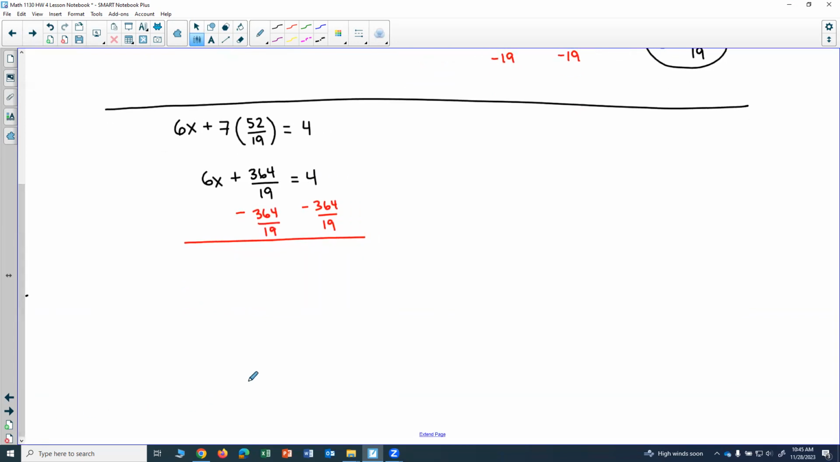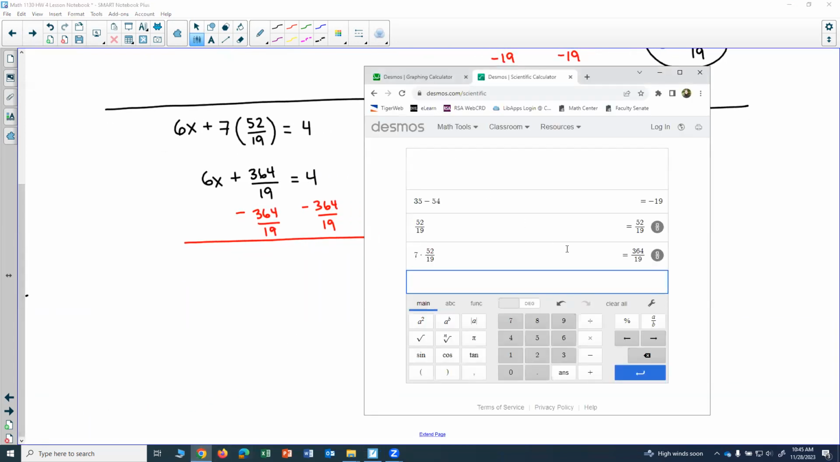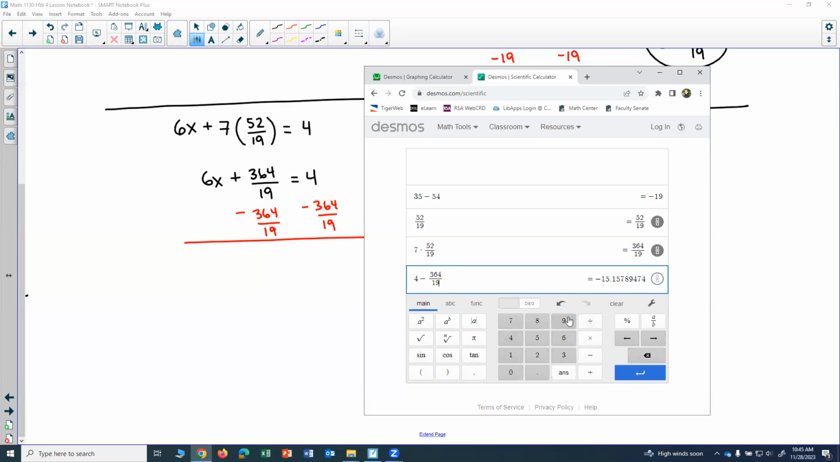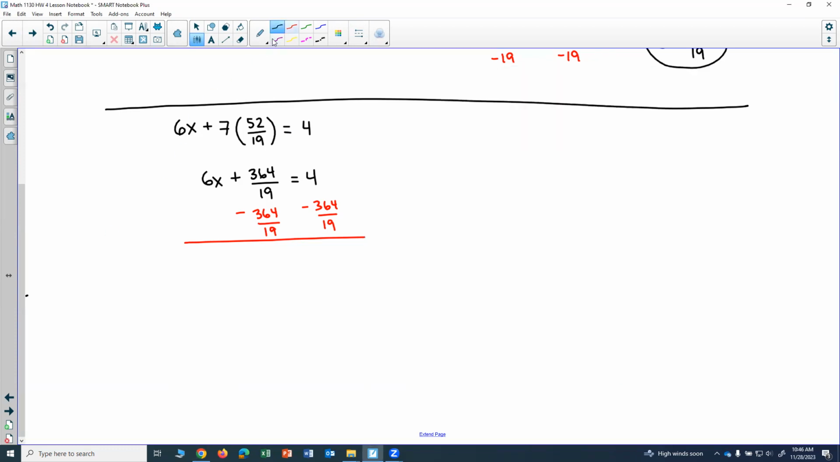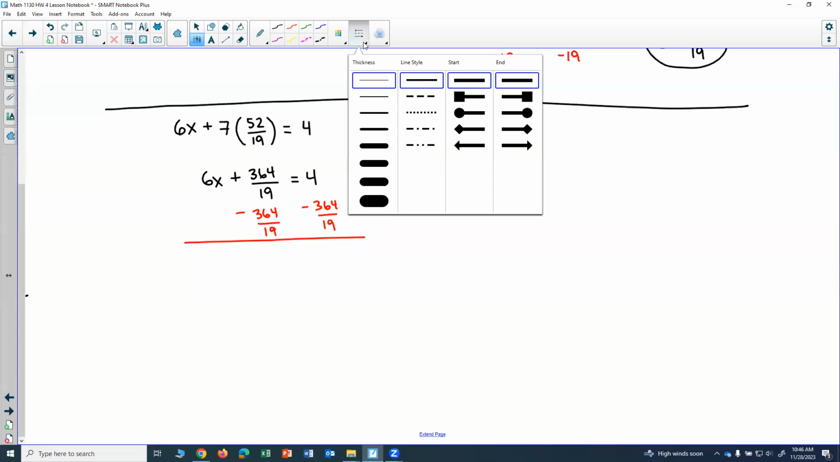All right, and let me go back to my calculator here. So I'll have 4 minus 364 over 19. And I'll go ahead and get a fraction there. So negative 288 over 19. So over here, I have 6x